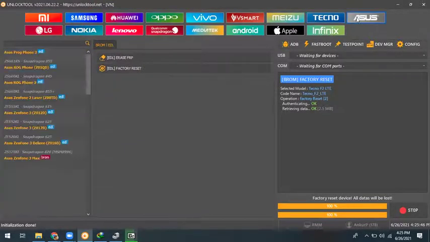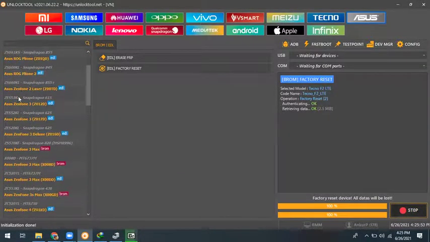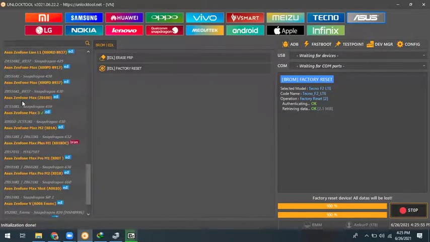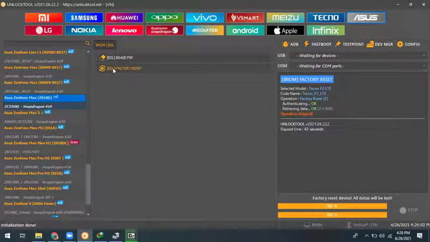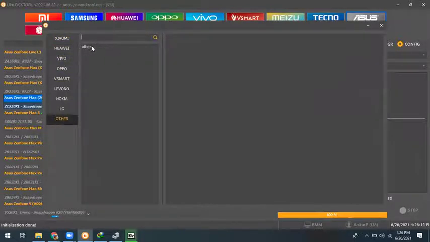Like if you're getting Asus, in Asus we also have the same ETL and Brome mode. Take that same model as an example: Asus Zenfone Max, it's a Qualcomm Snapdragon. If you want to unlock that phone with data loss, in that case you need ETL. How to get ETL? Come on the test point and search the model Asus. Other one.